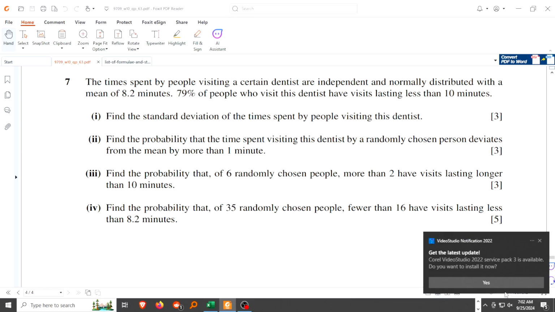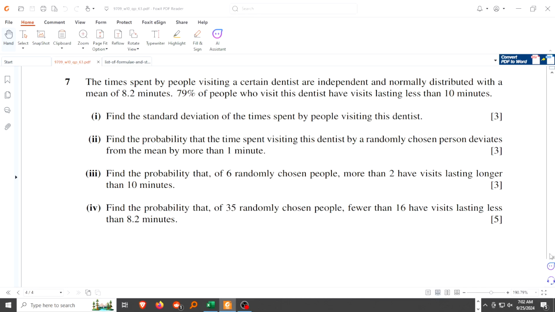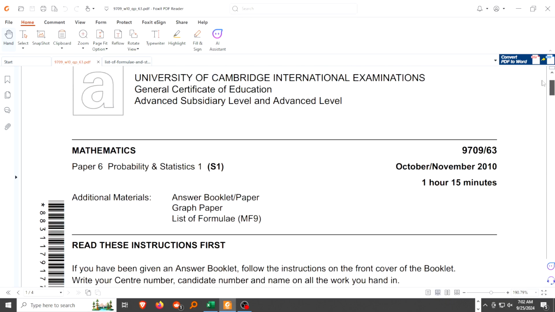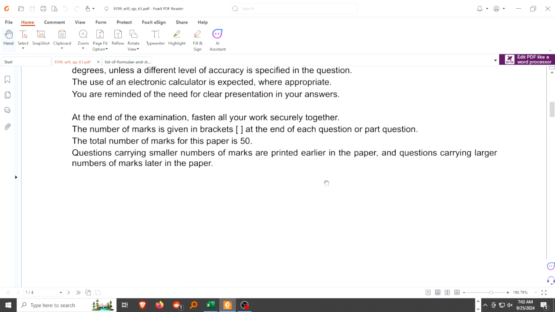Hello, welcome to another video, and we are considering paper 6, probability and statistics 1, that is S1. The code of the paper is 9709/63. The paper was taken in October/November 2010, and being that we are dealing with the normal distribution, the question